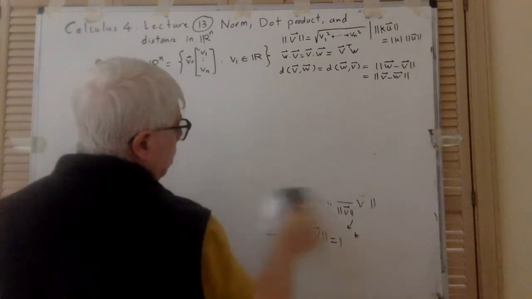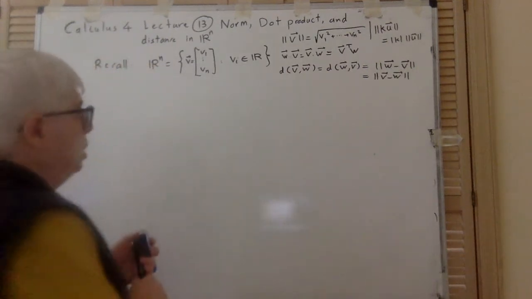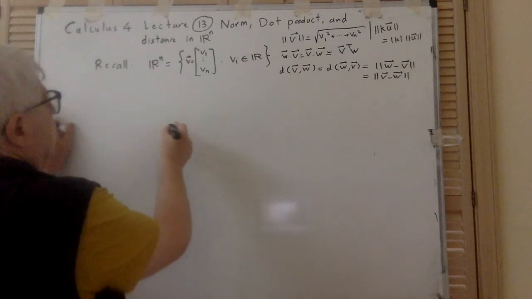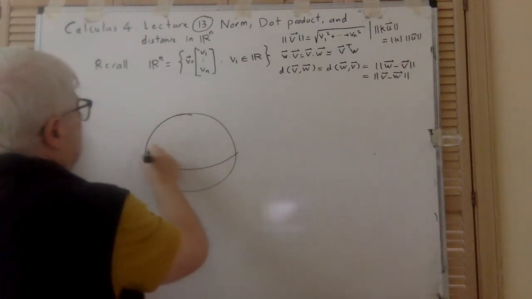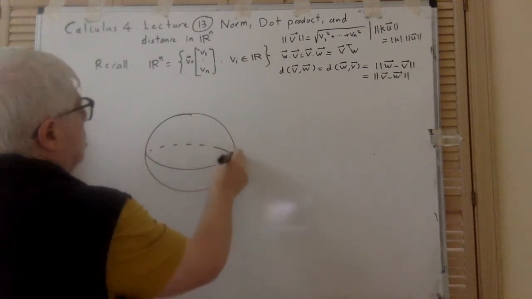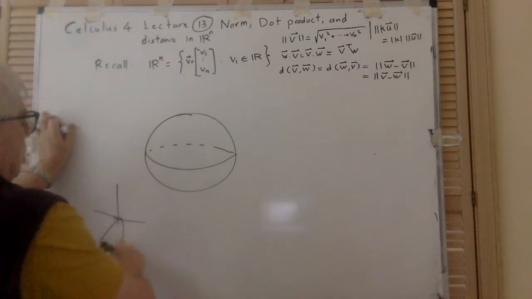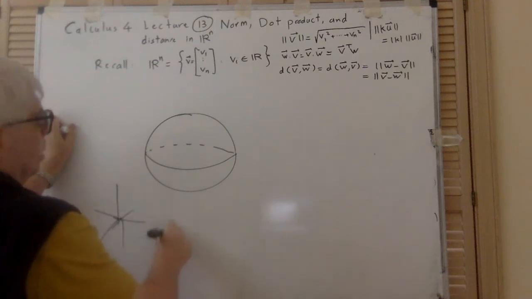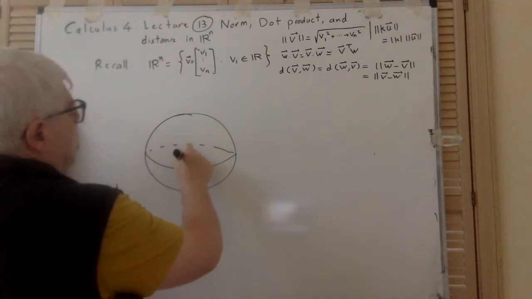Now in Rn, the same thing happens. So we can extend this idea to Rn, and in Rn we have something like a sphere, but we cannot really graph anything. So let's say that this is a unit sphere in Rn. So this is like Rn, and this is the unit sphere in Rn. And I have something like this,